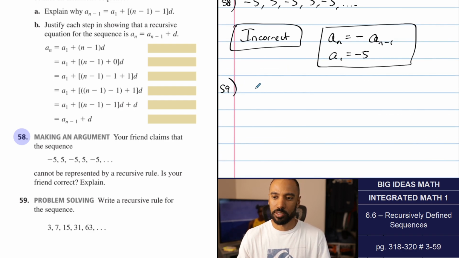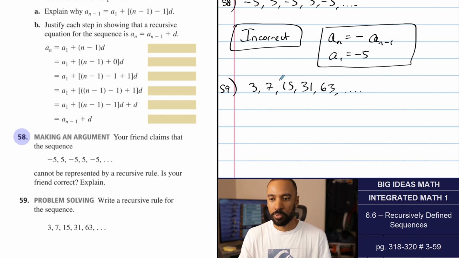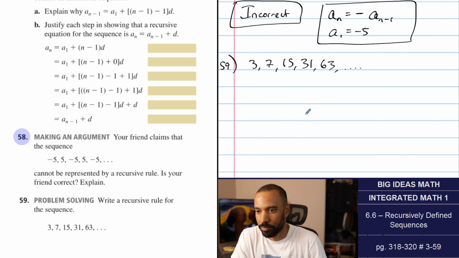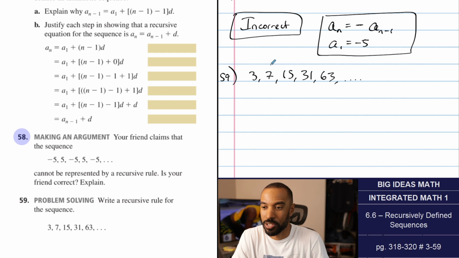So this sequence has 3, 7, 15, 31, 63. Well, it ain't 3 plus 7 or 3 times 7. I could do 3 times 5, which is 2 less than that, and 7 times... No, that's not going to work. I don't know this answer. If I take half of, if I do 3 plus,